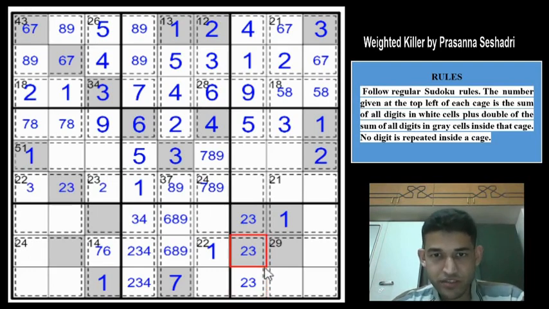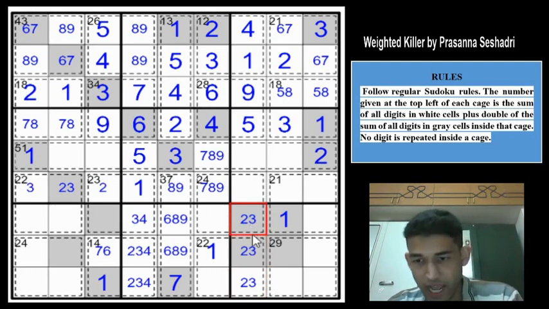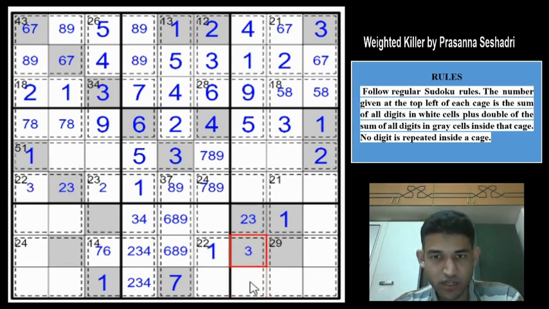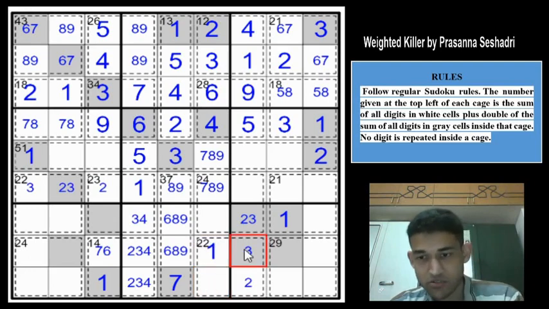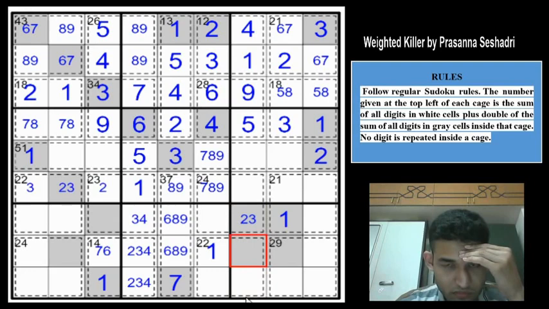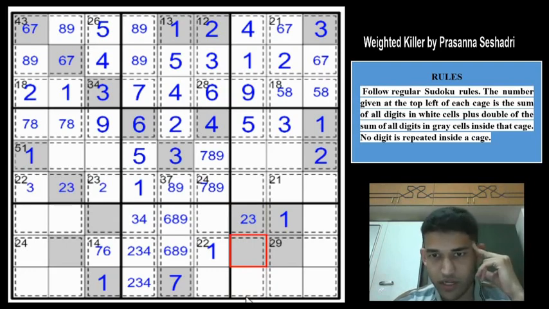Okay, so this is something sharp. Now can you have both the 2 and 3 inside this box? We have a 22 total. So if you try to maximize the cage total, you will land up in this scenario. You get 6 from here and 3 from here, 9, and you can't satisfy 22 with 13 more from this cell. So 2 and 3 both cannot be here. So this cell has to be a 2 and 3 for sure, and one of 2 and 3 has to be here. Correct.